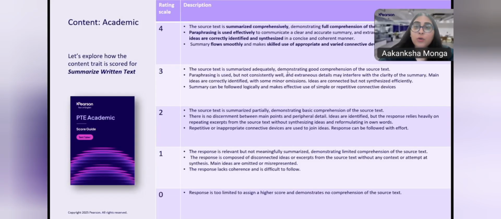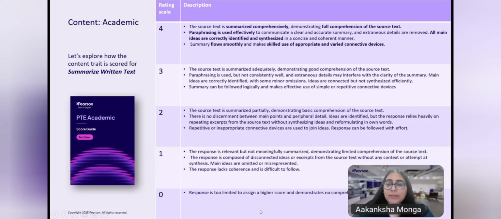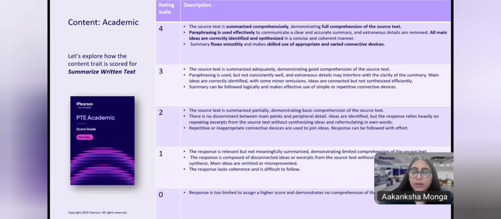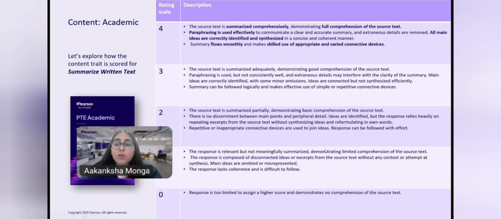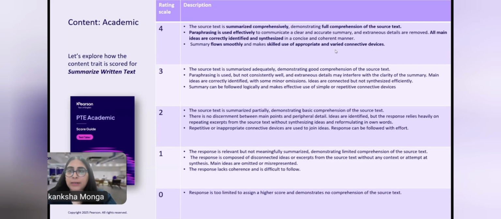We'll take a moment to go through this rating scale. As you can see, 0 refers to a response that is too short. So anything that's extremely short cannot be considered a sentence and demonstrates no understanding of the text or the prompt, and will be marked as 0. However, since there is an opportunity to get partial credit, we'll take a look at what 1, 2, and 3